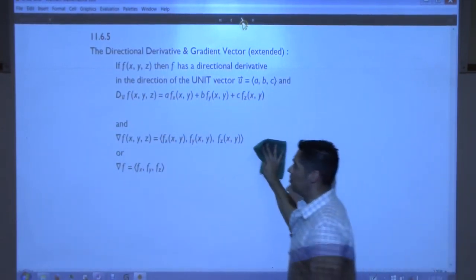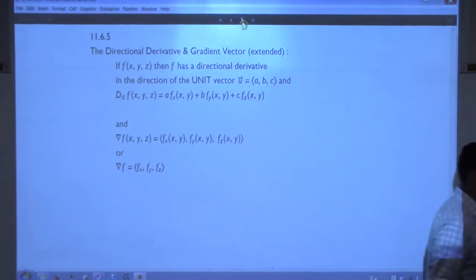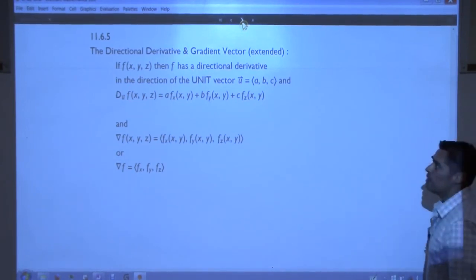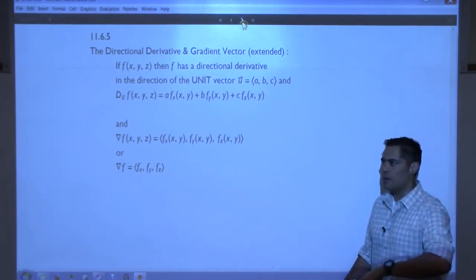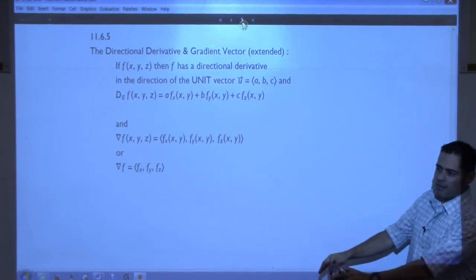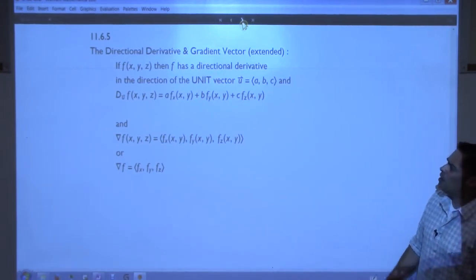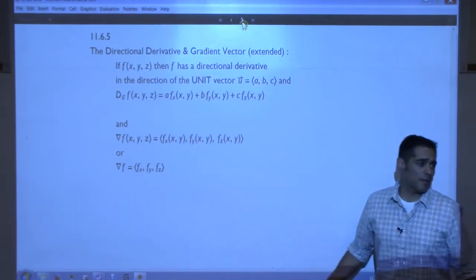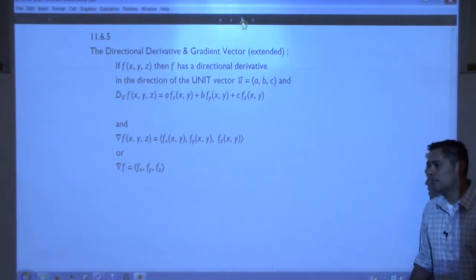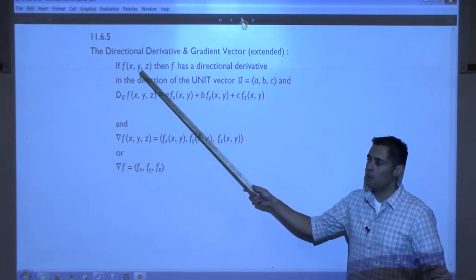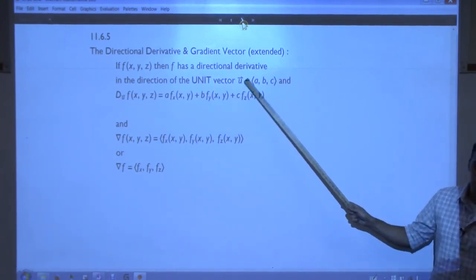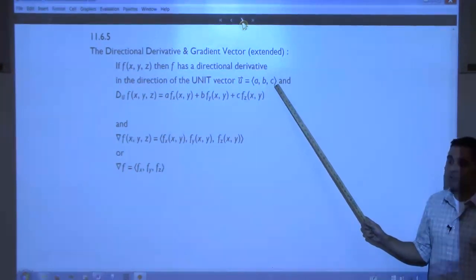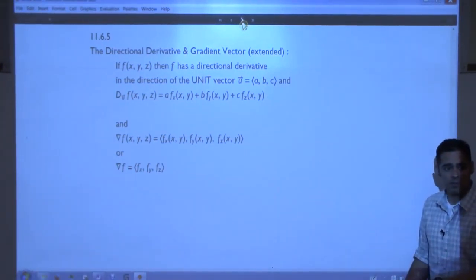Now we're going to see the gradient vector is extremely important. We're going to see its value in a little while, but before we get to why it's so important, let's extend everything now. Everything we've been doing so far has been f as a function of two variables, x and y, and so we were looking at it as a surface. The domain was down on the ground, right, in two-dimensional space. But hey, what if we have a function of 3 variables, f of x, y, z? Now your domain lives where? The domain's in R3, right? Let's say someone gives you a unit vector in R3, which would be a direction to point in 3-dimensional space. Then